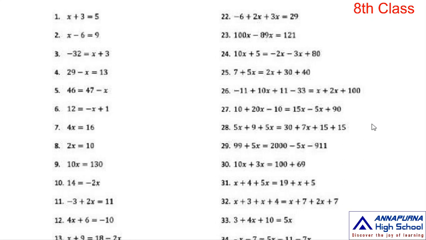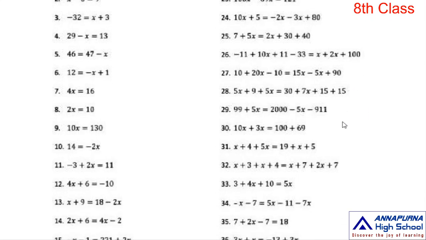First equation, x plus 3 is equal to 5, and the second equation, x minus 6 is equal to 9, and the third equation, minus 32 is equal to x plus 3, and the fourth equation, 29 minus x is equal to 13, and fifth equation, 46 is equal to 47 minus x, and sixth equation, 12 is equal to minus x plus 1, and the seventh equation, 4x is equal to 16, and eighth equation, 2x is equal to 10, ninth equation, 10x is equal to 130, and 10th equation, 14 is equal to minus 2x, and 11th equation, minus 3 plus 2x is equal to 11, and the 12th equation, 4x plus 6 is equal to minus 10,